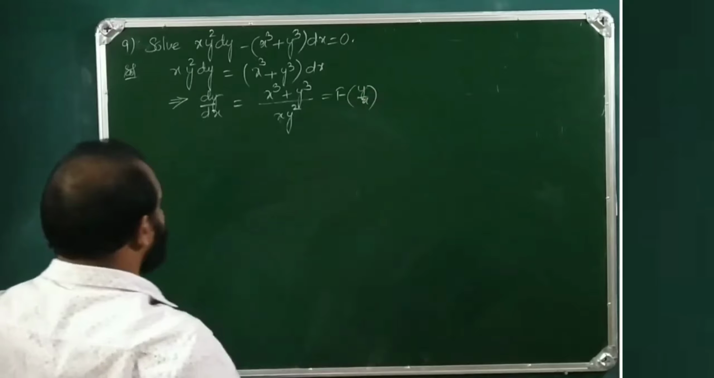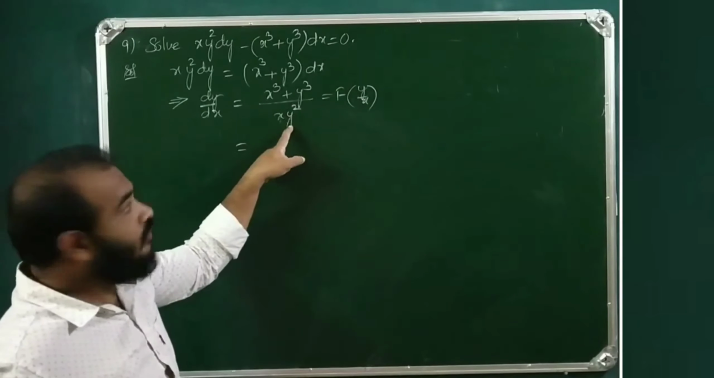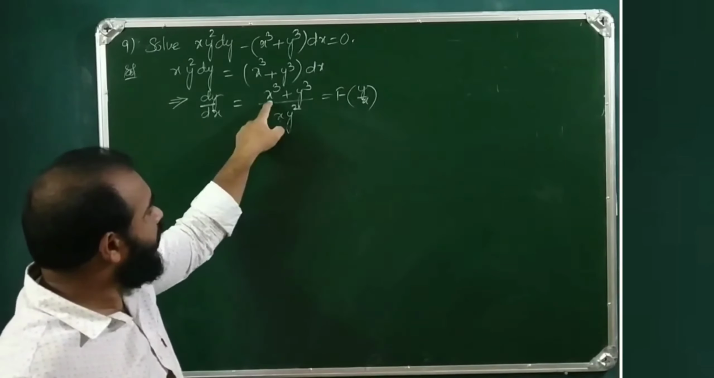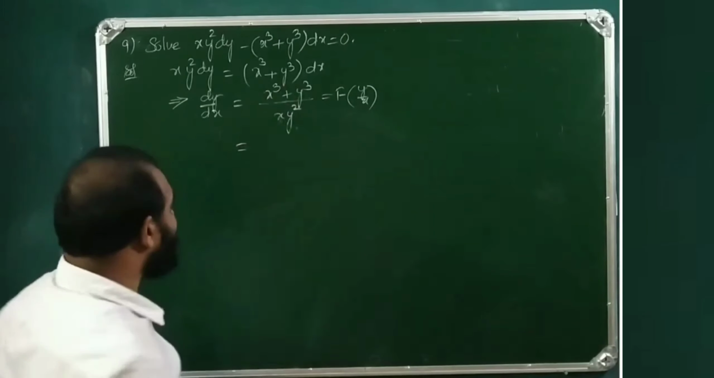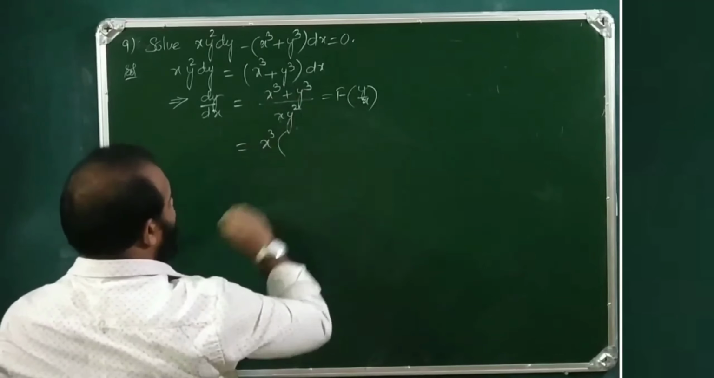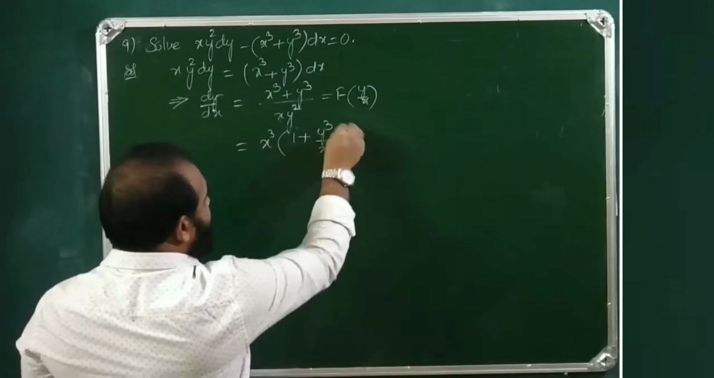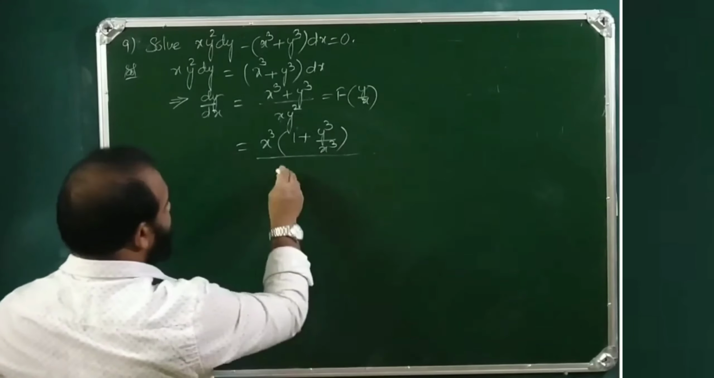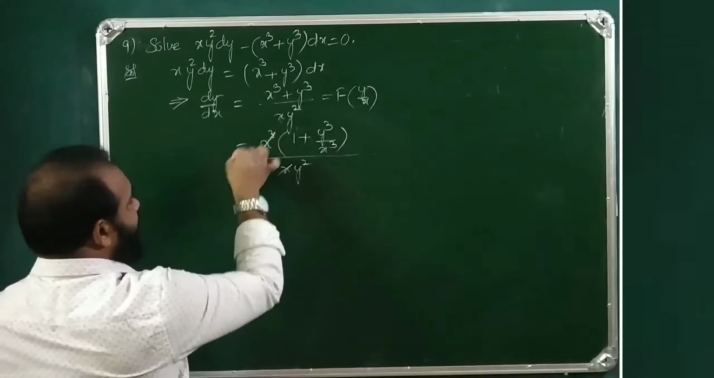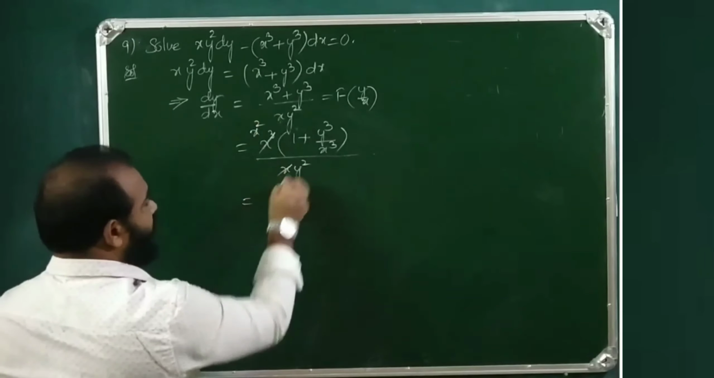So let us do that. x cube plus y cube by xy square. So divide with both of them. Otherwise, you can even take x cube as common in both of them. Then we'll get 1 plus y cube by x cube by, this is xy square. So this x and this x square will cancel. So this is equals to 1